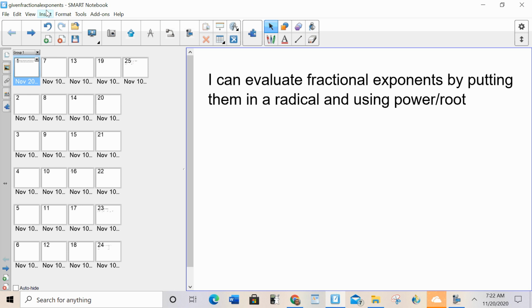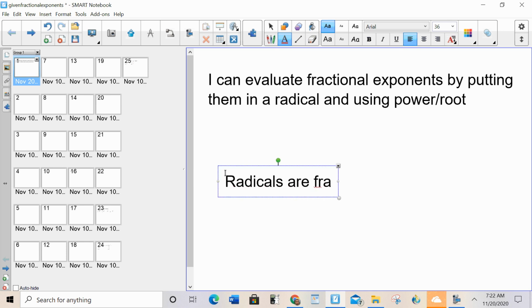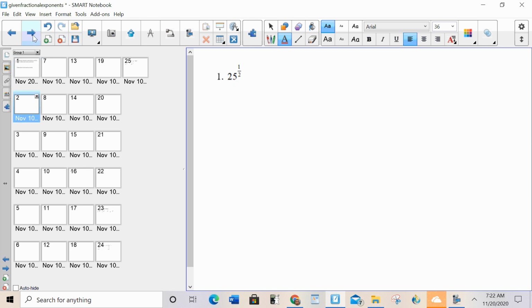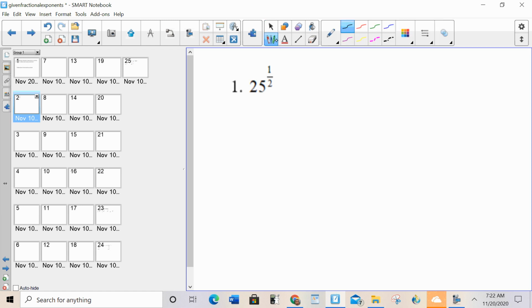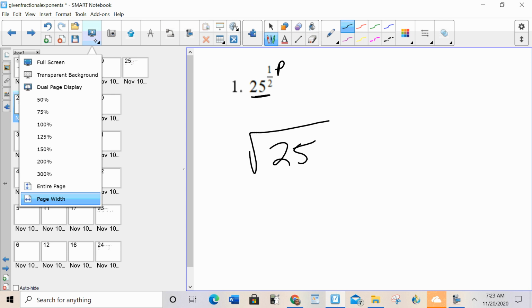So basically what you need to know is that radicals are fractional exponents. Last class, we said that negative exponents are fractions, fractional exponents are radicals. So whenever you see a fractional exponent, we make a radical. Whenever we see a negative exponent, again from last class, you make a fraction. Whenever you see a fractional exponent, we make a radical. Whatever's being raised to the power goes inside the radical. Now the fraction itself is the power